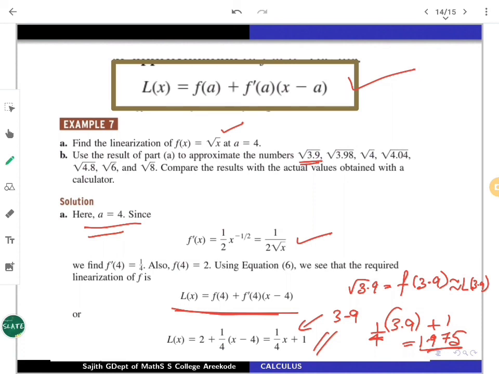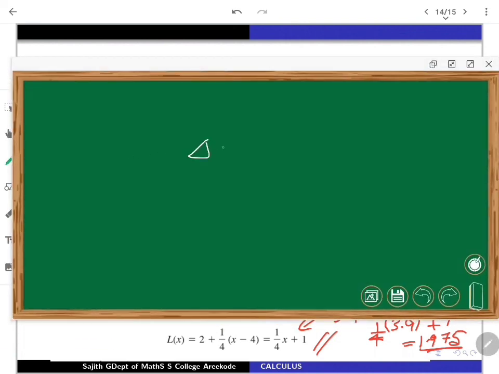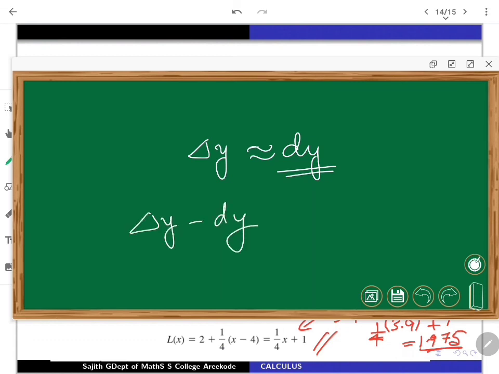All these things are fine. While we are always trying to approximate delta y by dy, the differential, you can look at whether it is justifiable. Is there any error in this approximation too? That is, you may be interested in looking at the following. We are approximating delta y, the variation in y, by dy. So how will you find the difference? Delta y minus dy you have to look at. Just apply the formula.